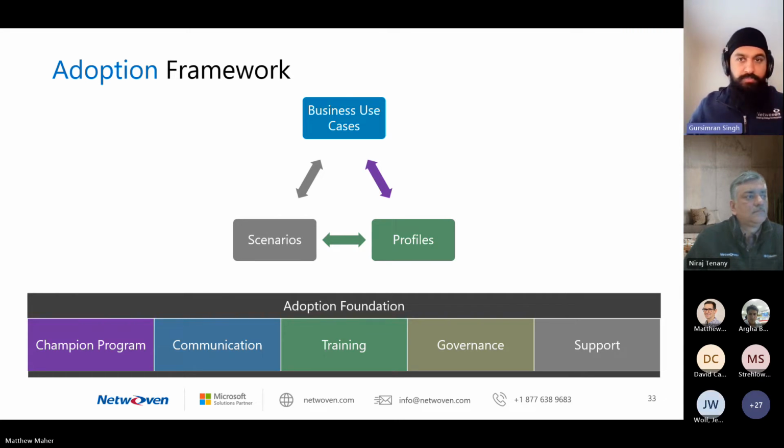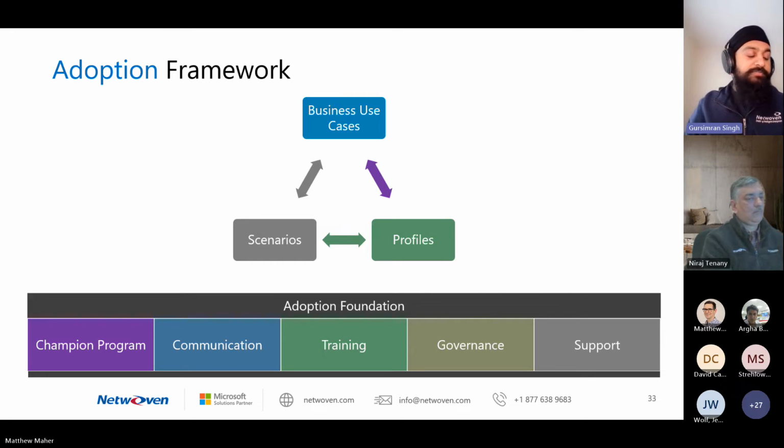All right, so adoption is probably the most critical to success of your data security journey. We've seen this time and time again in so many customers that have even implemented strategies, but the result of poor adoption means that those strategies are not being used. So all that time and money being wasted because we didn't have a good enough adoption strategy. So it's really important to build out a good foundation using things like champion programs, ample communication, ample training, and allowing governance and support to exist and support the actual end users that are being asked to use the tools that we're setting up here.